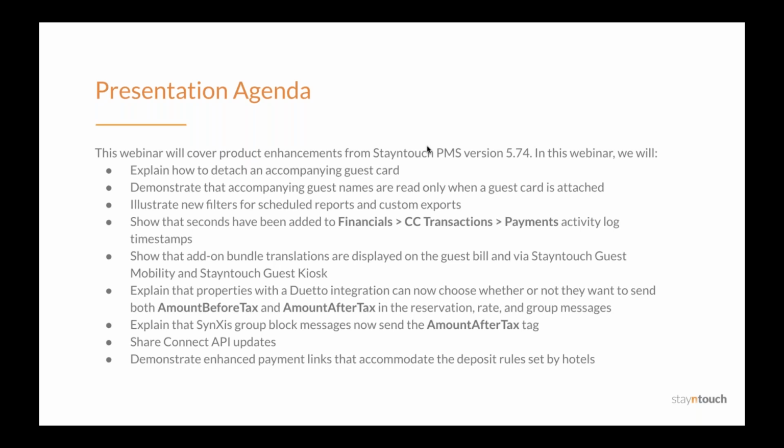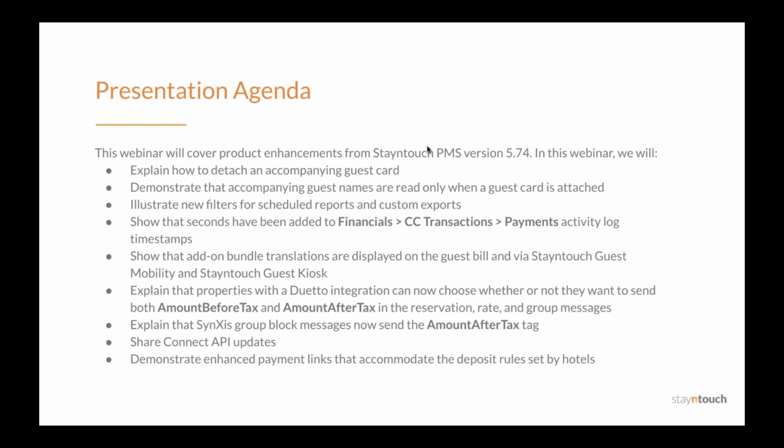Today's presentation will cover how you can get the most out of the Stayntouch PMS version 5.75 combined product release. In this webinar, we will explain how to detach an accompanying guest card, demonstrate that accompanying guest names are read-only when a guest card is attached, illustrate new filters for scheduled reports and custom exports, show that seconds have been added to financials, credit card transactions, payments in the activity log timestamps, show that add-on bundle translations are displayed on the guest bill and via Stayntouch Guest Mobility and Guest Kiosk,